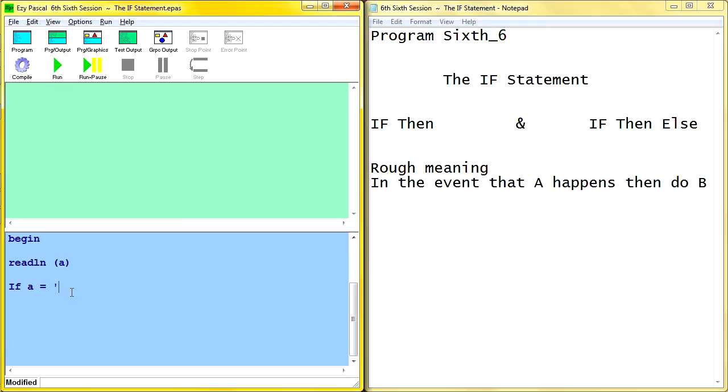If A equal to, let's say, hello world, and now for our then. That just says that if A is equal to hello world, then we write